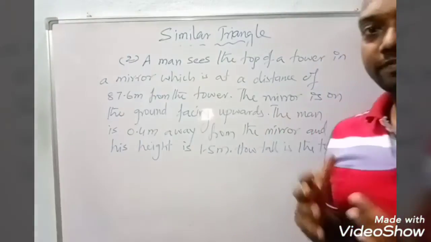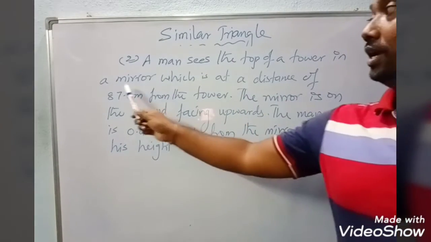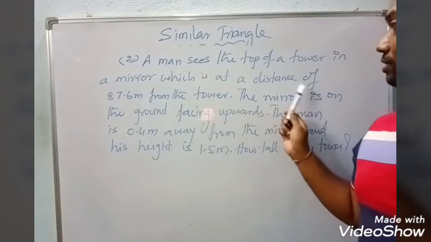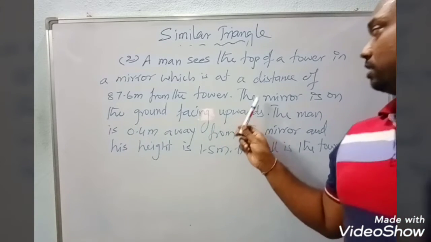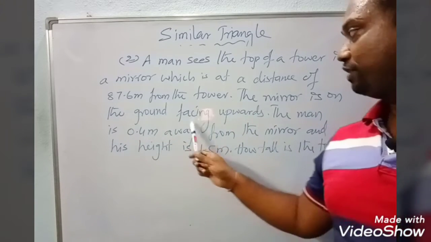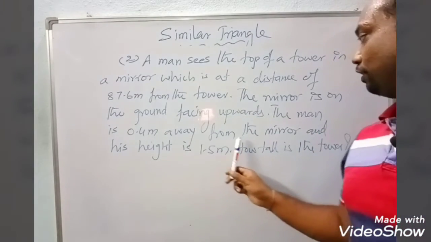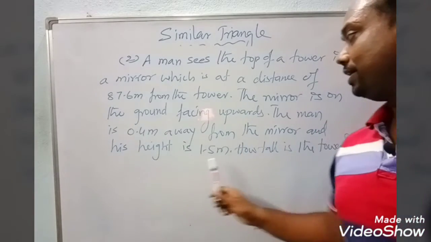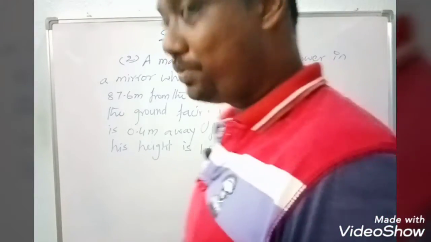Okay students, now if I take the next question, that is: a man sees the top of a tower in a mirror which is at a distance of 87.6 meter from the tower. The mirror is on the ground facing upwards. The man is 0.4 meter away from the mirror and his eye height is 1.5 meter. How tall is the tower? So based on this problem,